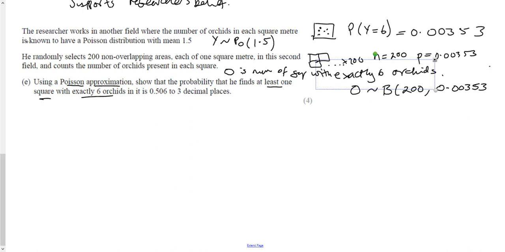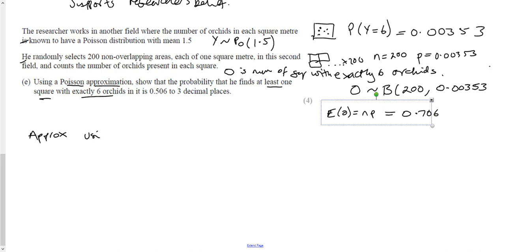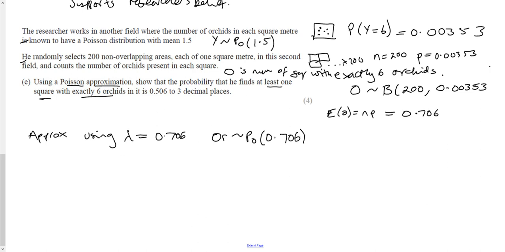Right, now we've done the first bit, the second bit of information. We get down to part E, the actual question. It wants us to use a Poisson approximation. So if O comes from our binomial, then the mean is np, which is 0.706. Okay, and we're going to use a Poisson approximation, so we're going to approximate using our mean, so lambda for Poisson is 0.706. So if I say that R for orchids comes from a Poisson distribution with 0.706,